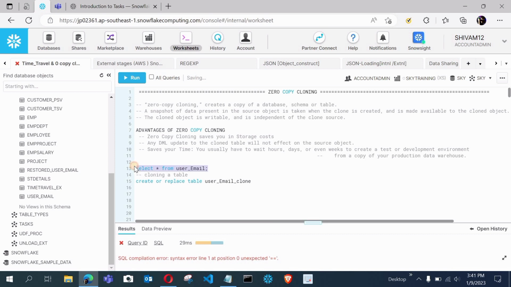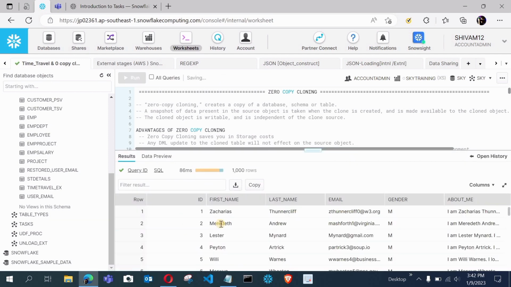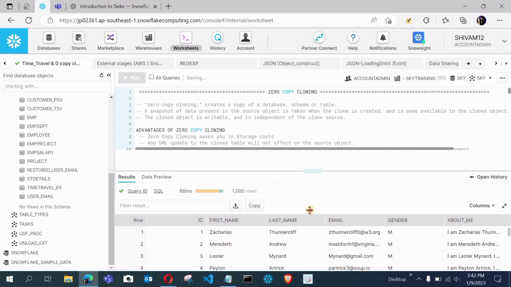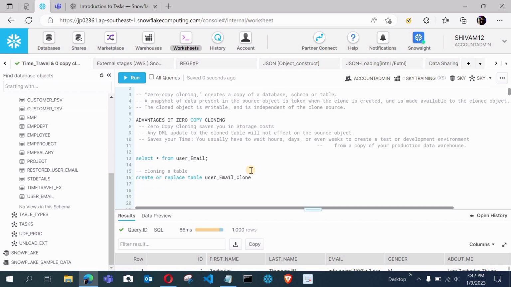Let me select this and show you the data. You can see we have 1000 rows in this table user email. We will do the cloning of this table and I will tell you how you can clone any table.